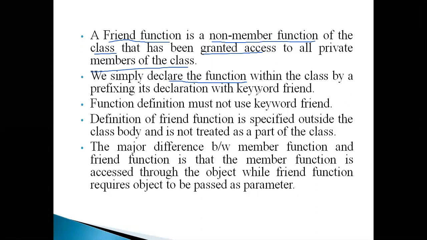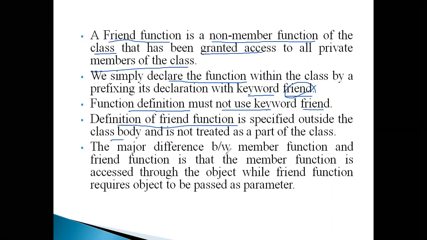So we declare that one as a friend function by means of the keyword friend. For the declaration I use the keyword friend, but when I define the function, the keyword friend is not necessary. We cannot use the keyword friend to define a function. Similarly, when I define a friend function outside of the class body, there is no necessity to specify the scope resolution operator. The scope is throughout the program. We can define the friend function as a normal function.